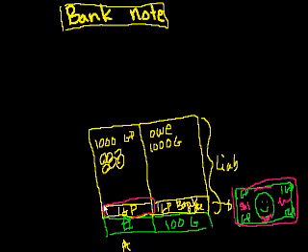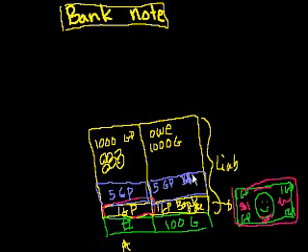Maybe if you gave me 5 gold pieces, I'll do that in another color. So maybe if you gave me 5 gold pieces, that rectangle is much larger than it should be relative to 1,000, but I think you get the point. Then I'll have a liability here that says 5 gold pieces banknote outstanding. I'll call it B note outstanding. And I'll issue